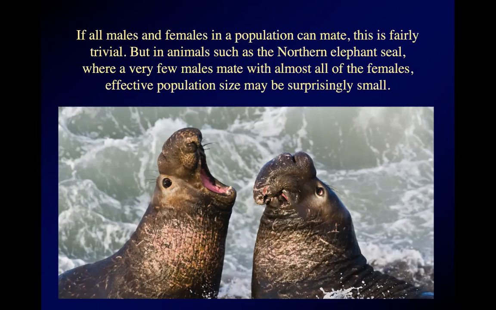And northern elephant seals have rather interesting social structure in that a very few males mate with almost all of the females. You might have just a couple of males, each of which might have a quote harem of 10, 20, 30 females that he and he alone mates with. So in a colony of northern elephant seals, you might have 2 or 3 dominant males that are doing almost all of the breeding, and the great majority of the males are not doing any breeding at all,